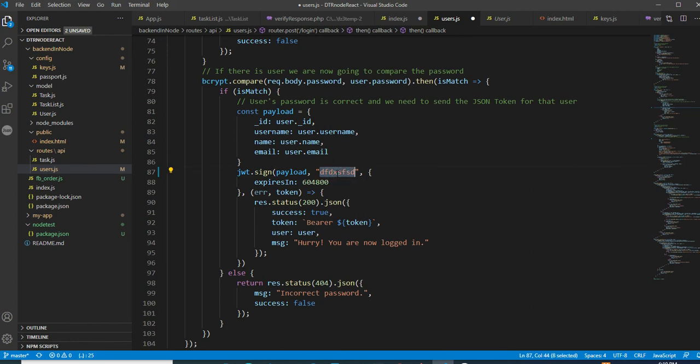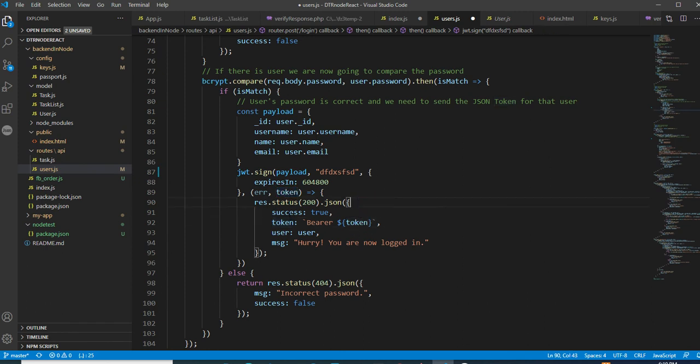Then there is expiring. After how much time it will expire, meaning if you try to use this particular token after that, you will not be able to. So this is the expire in. I think you understand about it. Then error and then token. After that, this will provide you the response. One response will be the error and the token. If you get the error, then you can display it. Otherwise, you can provide a token.